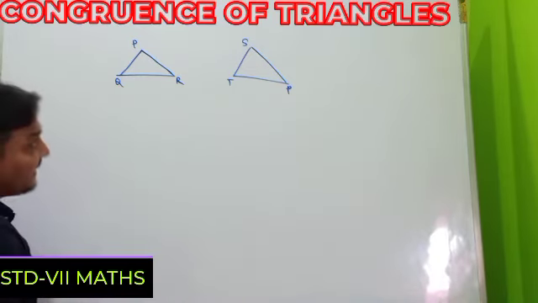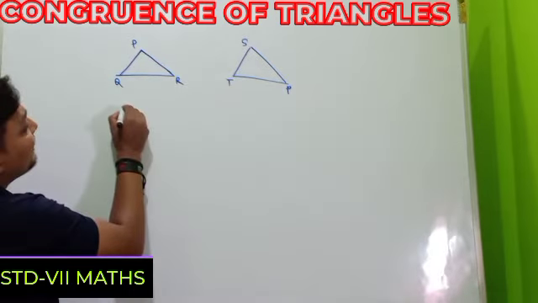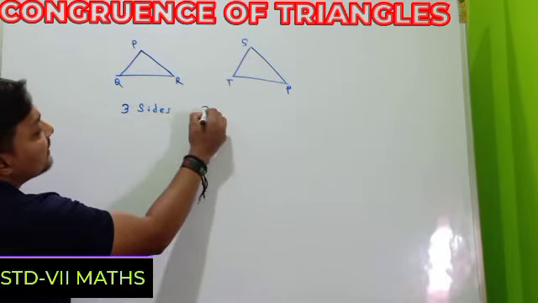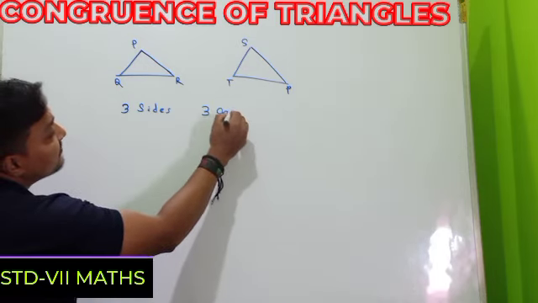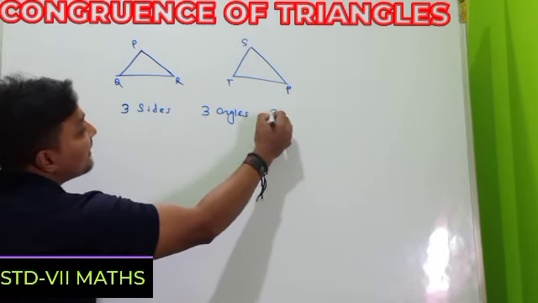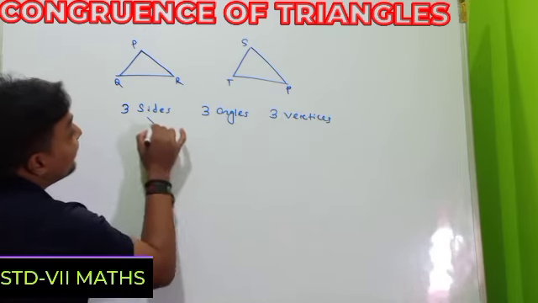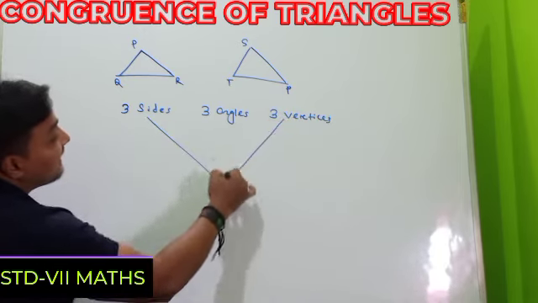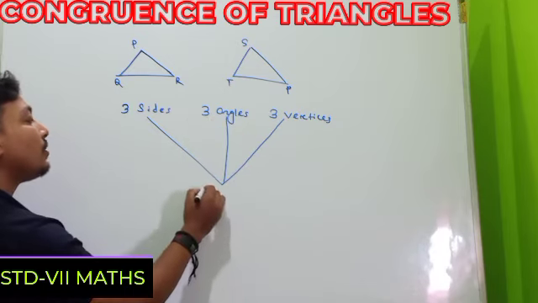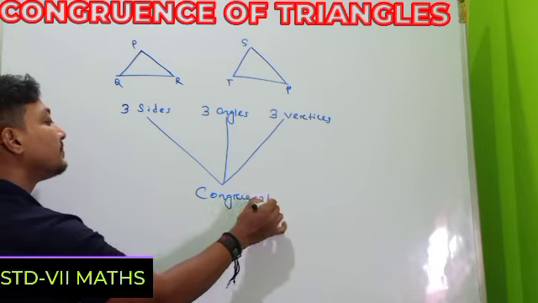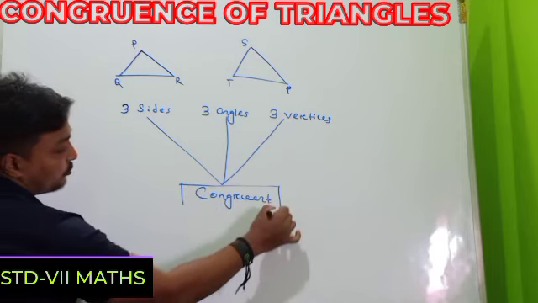Remember, it means 3 sides matching, 3 angles matching, then after 3 vertices. Whenever these 9 things are satisfied, the triangles are congruent. It means two triangles we can